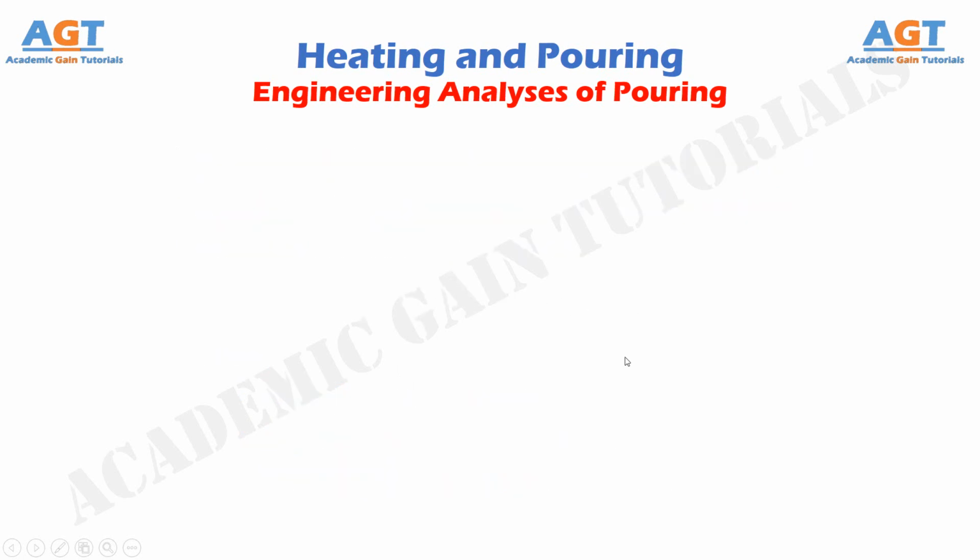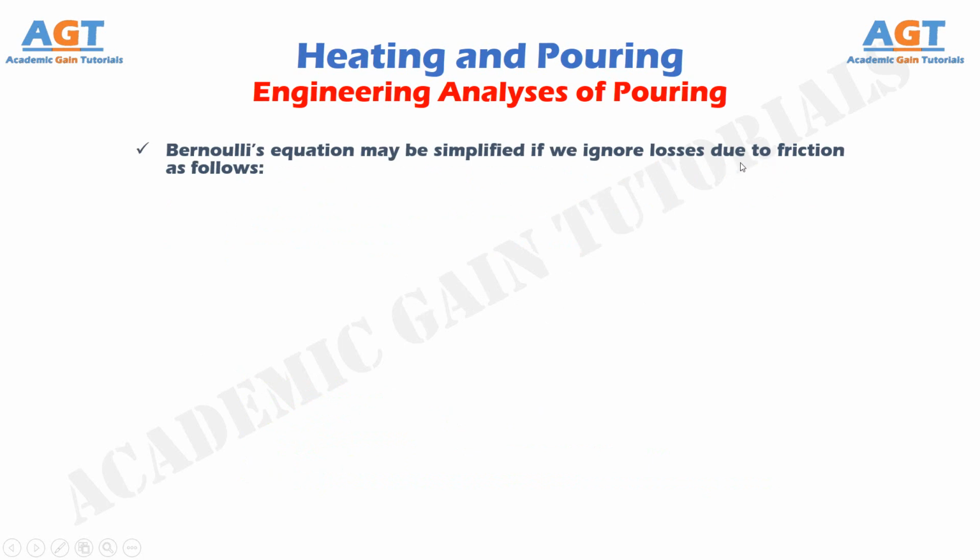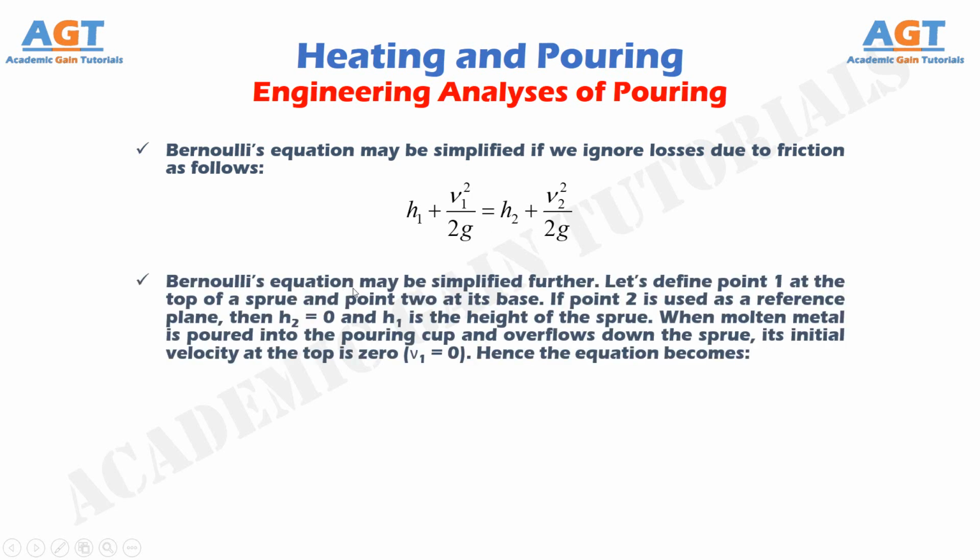Bernoulli's equation may be simplified if we ignore losses due to friction as follows. H1 plus V1 square divided by twice G equals H2 plus V2 square divided by twice G. Bernoulli's equation may be simplified further. Let's define point 1 at the top of a sprue, and point 2 at its base. If point 2 is used as a reference plane, then H2 equals 0, and H1 is the height of